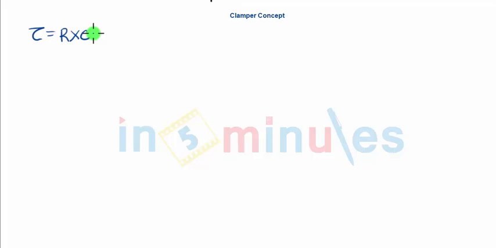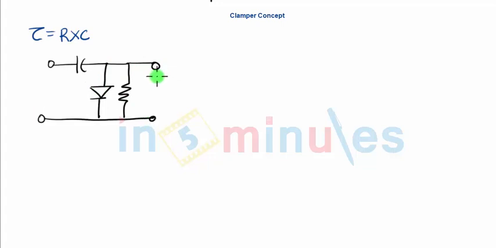Second, the capacitor is connected directly between the input and output signals, and the resistor and diode are connected in parallel with the output signal, but may or may not have a series DC supply. For example, consider a simple circuit: a capacitor, then a diode, a resistor, and finally your output. Now the basic steps to understand how the clamper circuit will work.